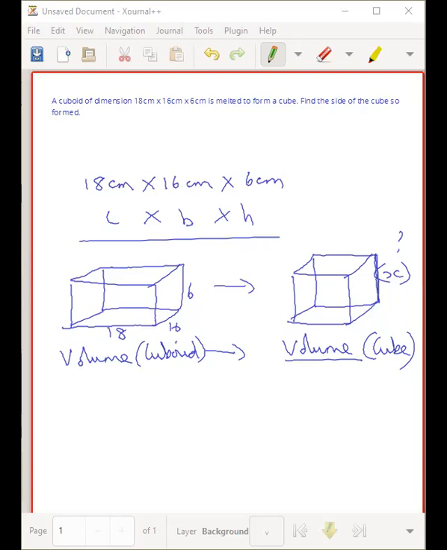Okay, so when we work on this problem, what are we doing? We're taking a big cuboid and we're melting it into a cube. So when we melt a cuboid into a cube, won't the volume of both the cuboid and the cube be the same? Will they be the same or will they be different? It will be the same. So what we are going to do in this, we find out the volume of the cuboid, the dimensions are given to you, and make it equal to the volume of the cube. You know the volume of the cube if the side is x? Then we can solve it. Go further and try.